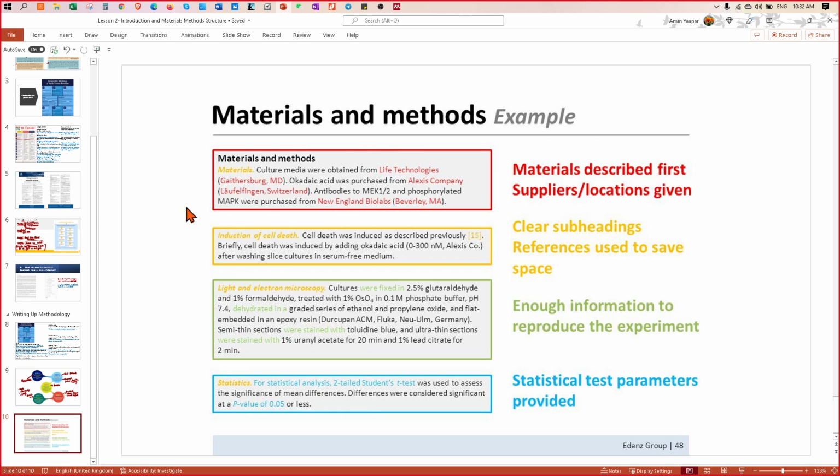So this is very clear. This is the substance, or the material, and this is the source. Okay, right. So how can you make it better here? Maybe you can mention the location of the experiment.